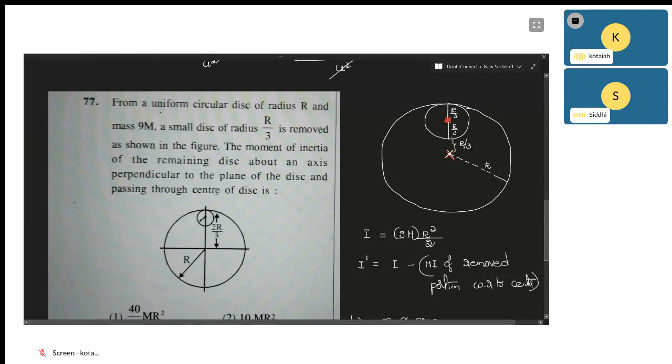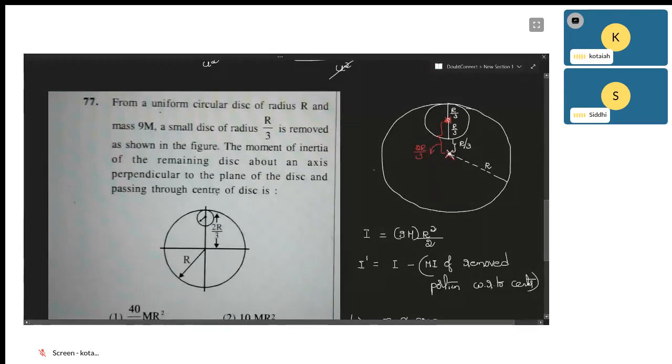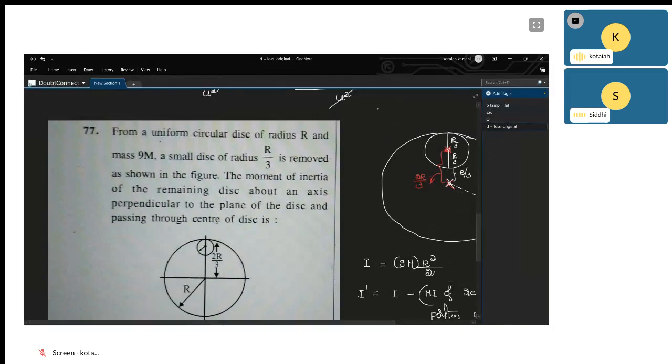So do you remember parallel axis theorem? Okay, so I know the moment of inertia of the body with respect to this point, but I want the moment of inertia of the body with respect to the second point. That means the axis of rotation has to be shifted, right? How much distance? This much distance. Can I say that is equal to 2R by 3? Done? So, as per the parallel axis theorem,